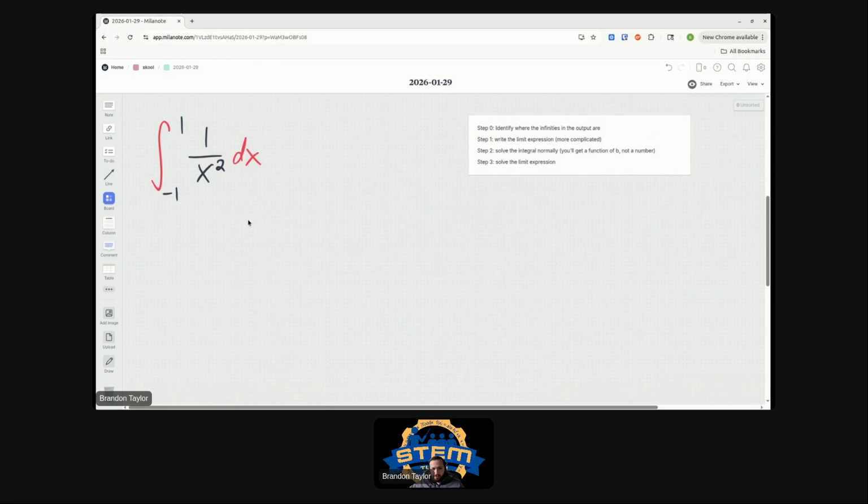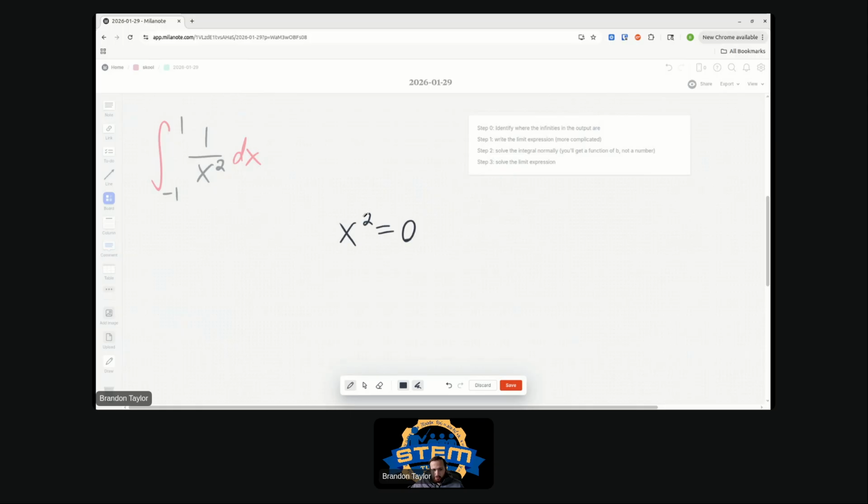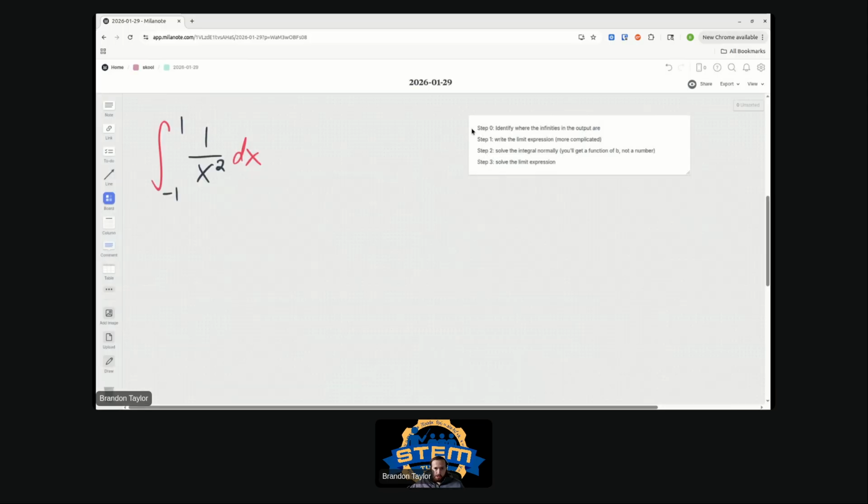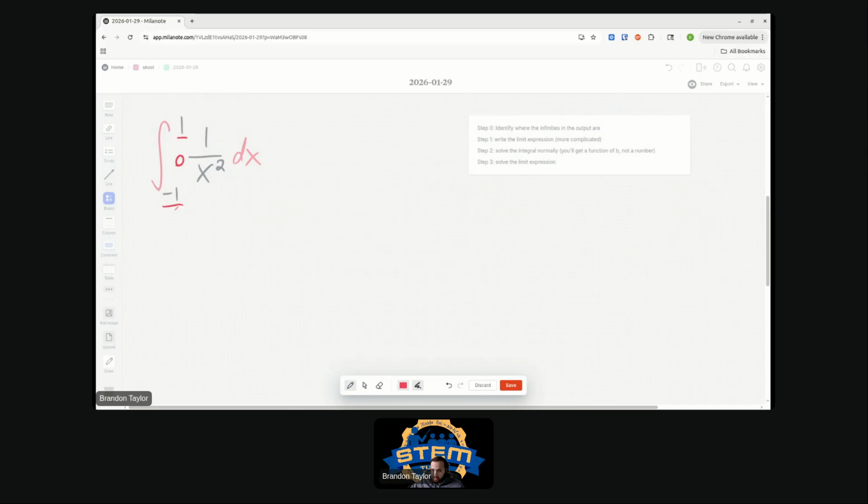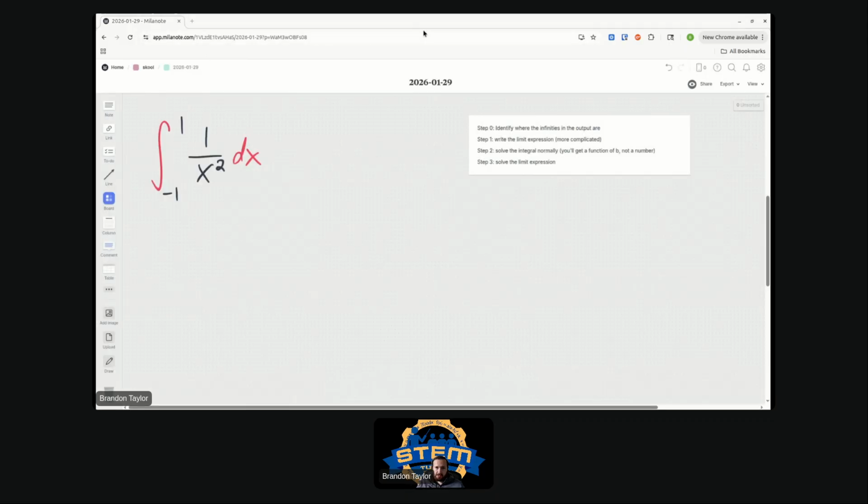So here, when we look at this, you basically just set the denominator equal to 0, right? So what x value would cause this to equal 0? Hopefully it's clear. X equals 0. So we know we have an infinity or a vertical asymptote at x equals 0. Now the next question, is 0 between the bounds 1 and -1? Yes, it is. That's why if we were taking the integral of this, just to test this out, let me